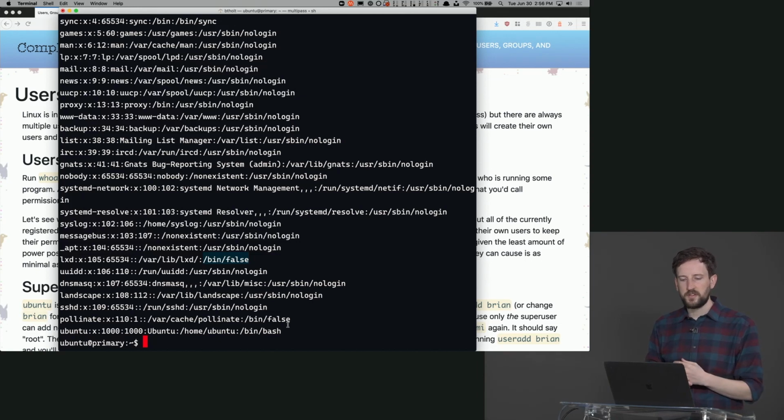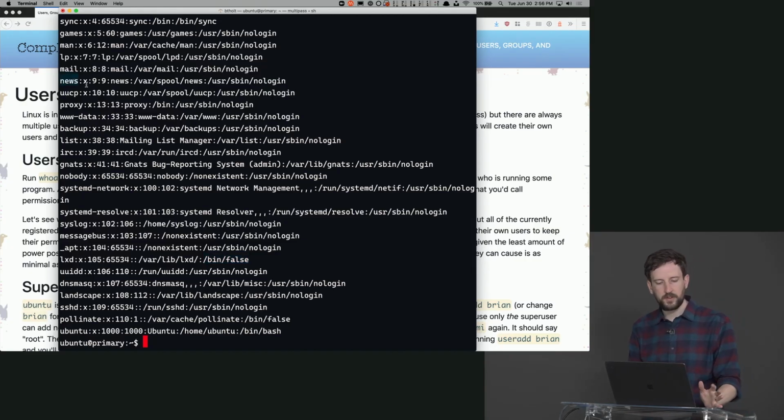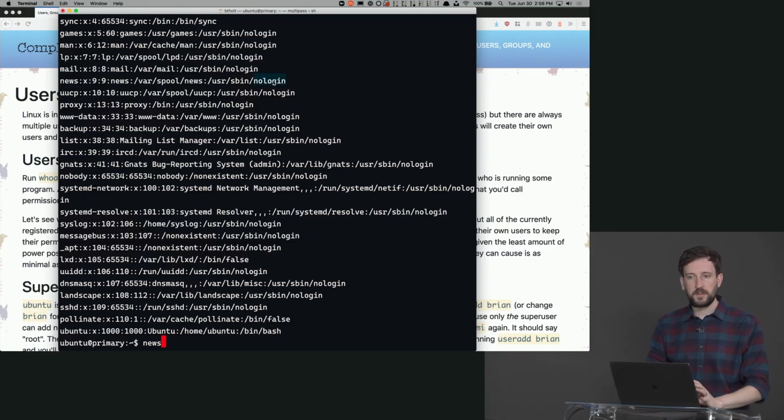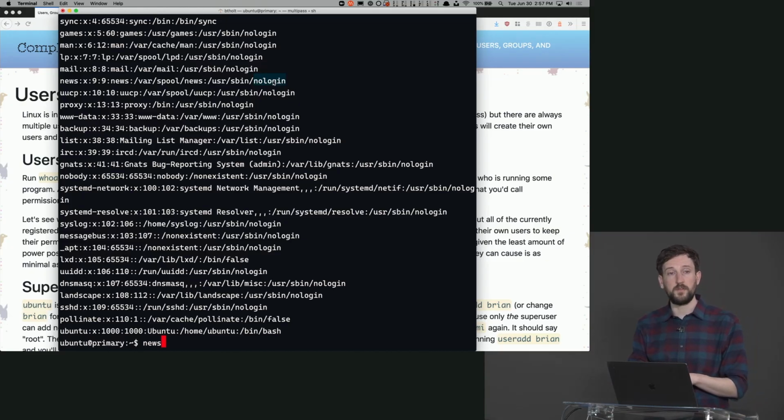Now, why is that? Let's say, for example, someone for some reason is able to get a hold of the password for, I don't know, the news user. I don't know how they would, but let's pretend for a second that they did. If they tried to log in as the news user, they would end up in nologin, which would basically just kick them out. So you can't actually log in. It means that user actually has no power to accomplish anything via an interactive shell, which is great. It's not going to allow them to log in and do conventional things.